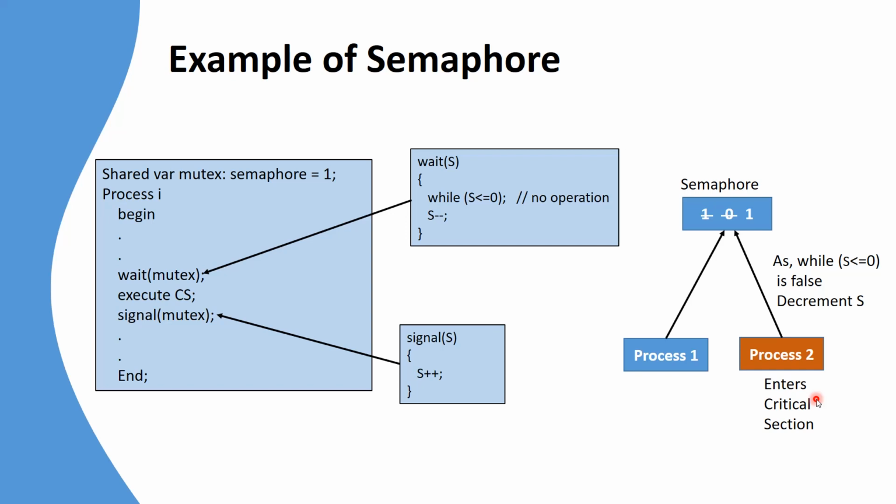So in this example, we have seen that between the two processes, process 1 and process 2, only one of them can enter the critical section at a time, not both. So this semaphore value guarantees that the value is changed from 1 to 0, so no process can enter when the value becomes 0, and whenever the process comes out, it becomes 1, so a new process can enter using the new semaphore value. So that is about the execution of semaphore with two processes. So it guarantees mutual exclusion.